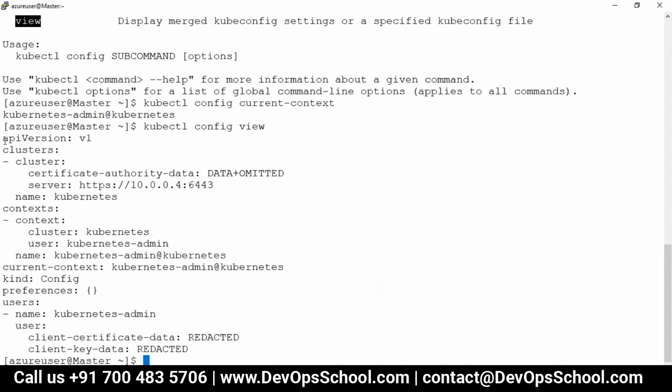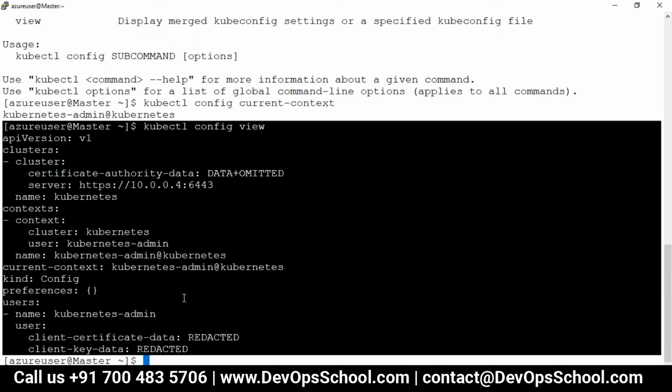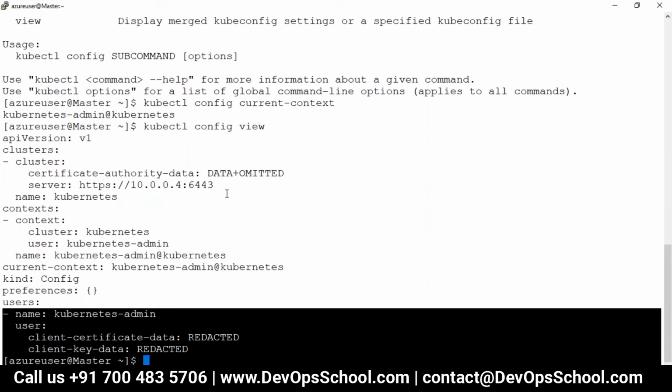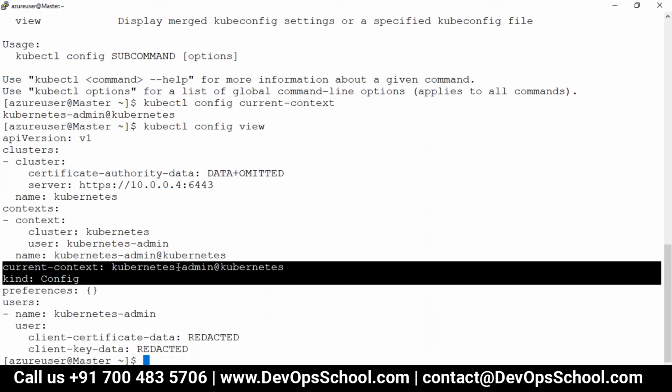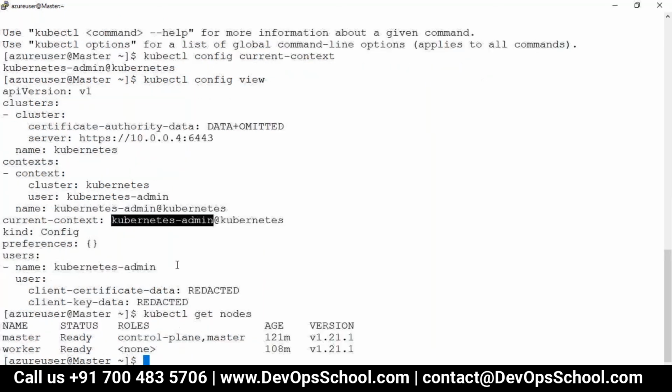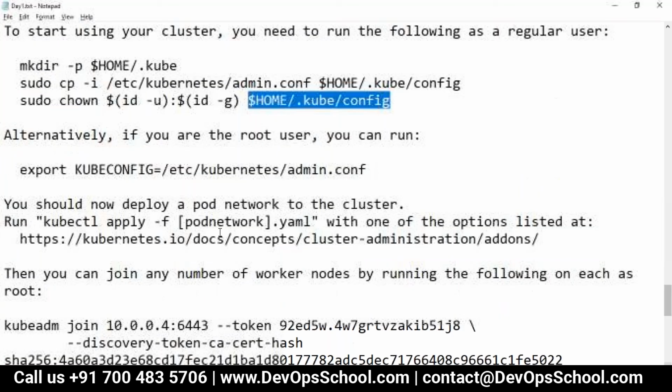I'm just viewing it right now. Look at this. So here clusters, one cluster, contexts, one context, users, one user, and the keys have been omitted or edited. And what is the current context? This one. So that means if I write kubectl get nodes or any command, for the sake of discussion, what is happening?